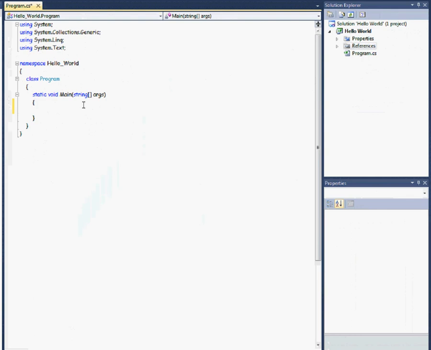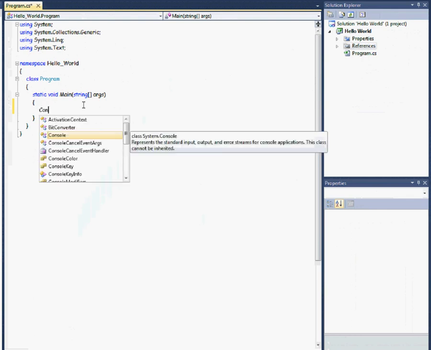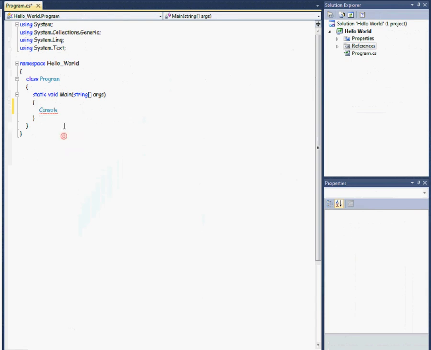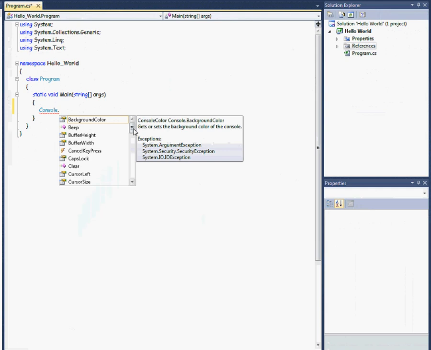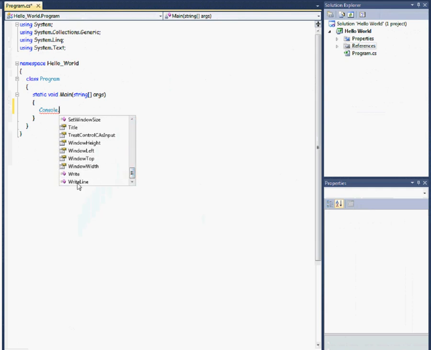So let's type something, and you notice that, well, I'm typing, this little window popped up. This is called IntelliSense. It basically shows some suggestions for words that I can use. They're called keywords, and I can double click on this, and then you see I get the Console word, which is the window in our console application. We're going to use the WriteLine,